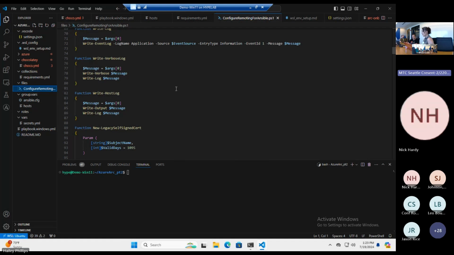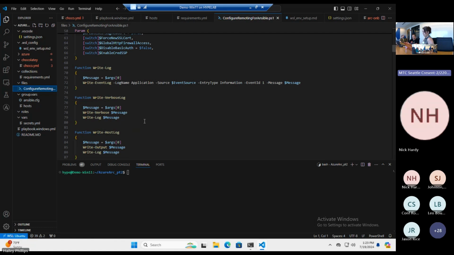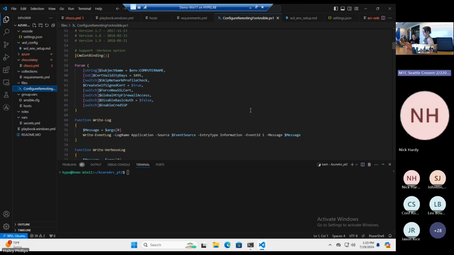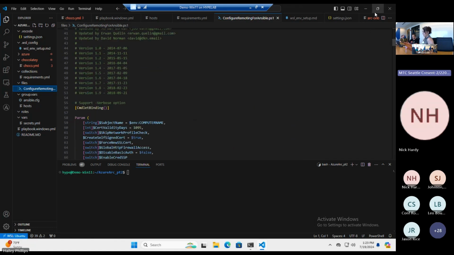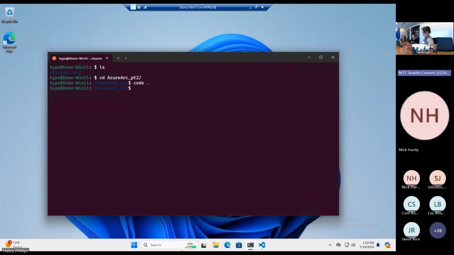You can use Ansible's Key Vault. You can use Azure Key Vault. There are lots of different vault mechanisms that you can use, but because we're in a lab environment, we're just going to have basic authentication. All right, so now for the piece of enrolling the server, I'm going to pull up my